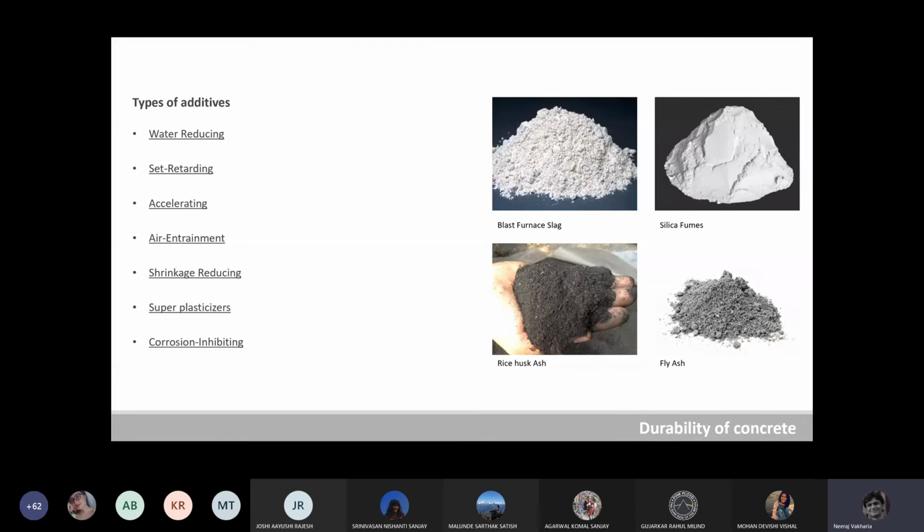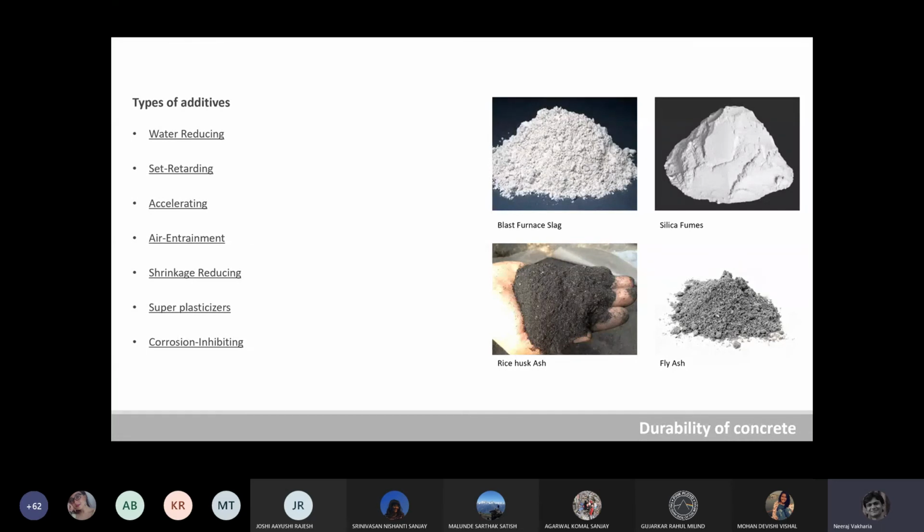Then superplasticizers. They are used to produce flowing concrete with high slump in heavily reinforced structures and in placements where adequate consolidation by vibration cannot be readily achieved. Again, superplasticizers are used to increase the plasticity of the concrete so that it can easily flow through the complex reinforcement, or where you won't be able to perform the compact consolidation activities.